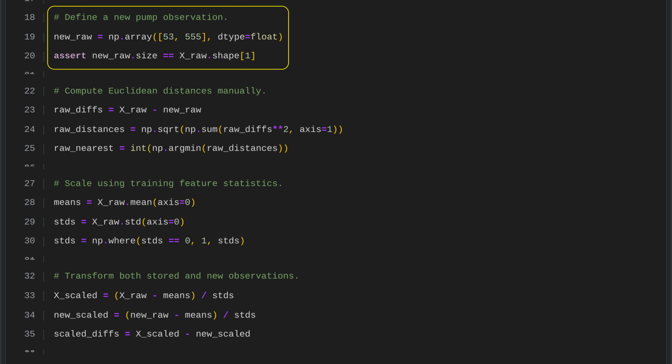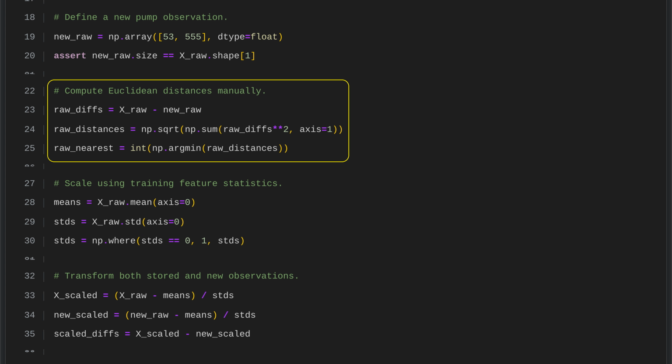A new pump observation is created with 2 values, temperature in Celsius and pressure in kilopascals. An assertion then checks that this observation has the same number of features as the existing dataset, ensuring it matches the required dimensionality. To find the most similar existing observation, compare the new observation with each raw data point using